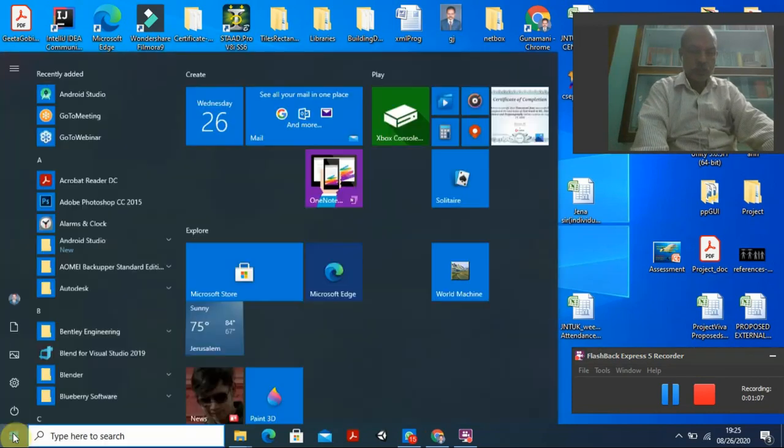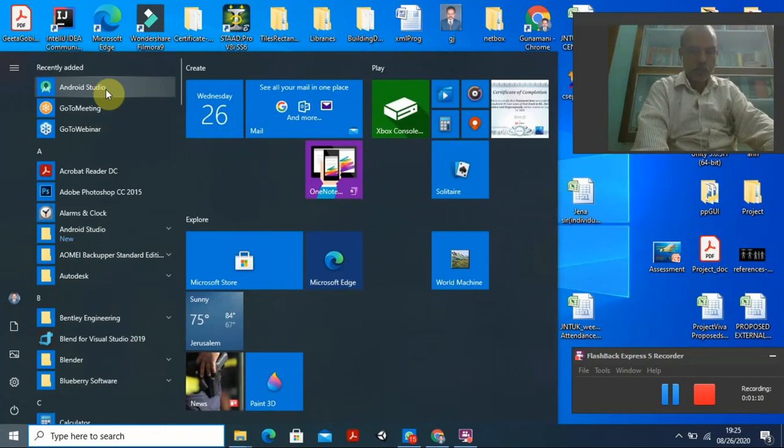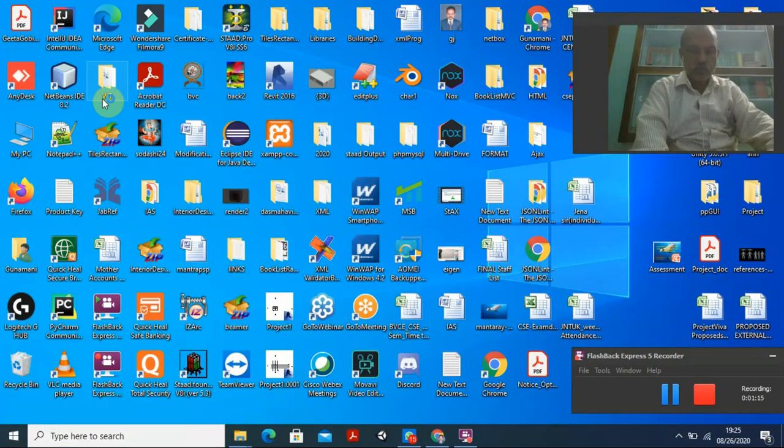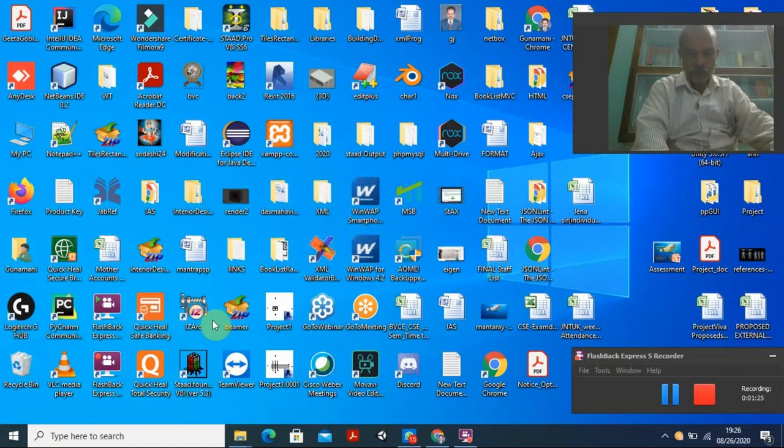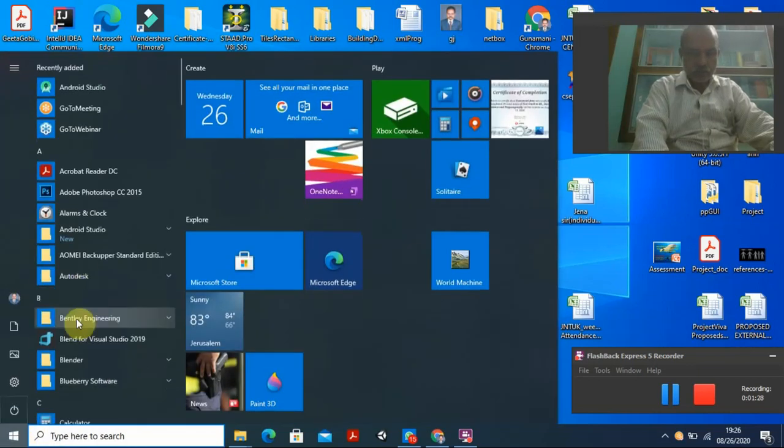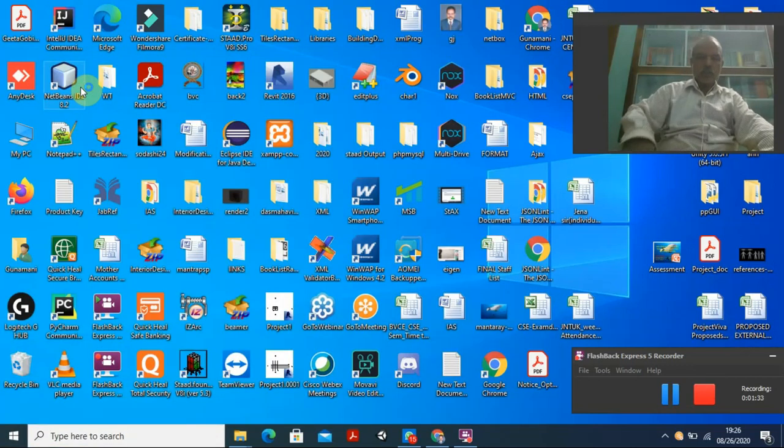First of all, you click it here and you can see Android Studio is already installed. When I double click, sorry, I clicked some wrong direction. Cancel it, it's not necessary. So when you double click this Android Studio, you can see Android is opening, but it takes some time, as I told you. So let it open. Don't worry about these things. It takes around 1 minute for configuring and showing all the things.